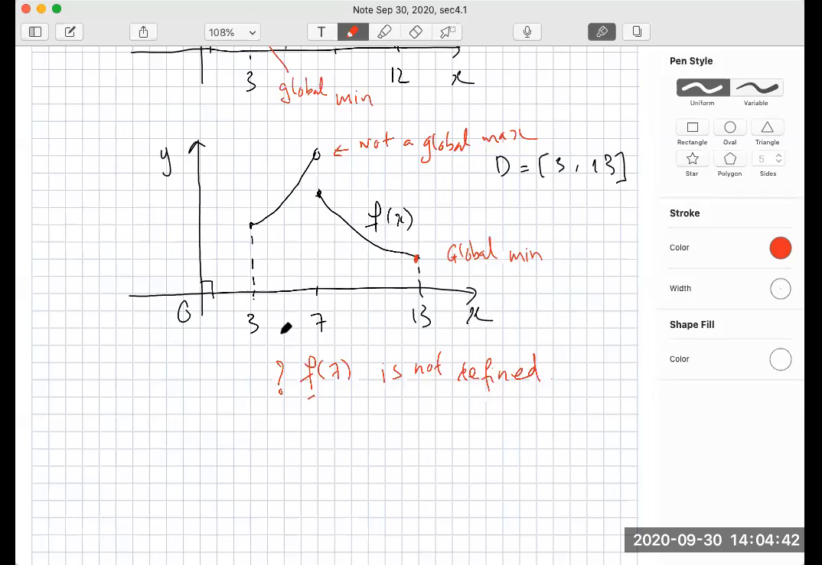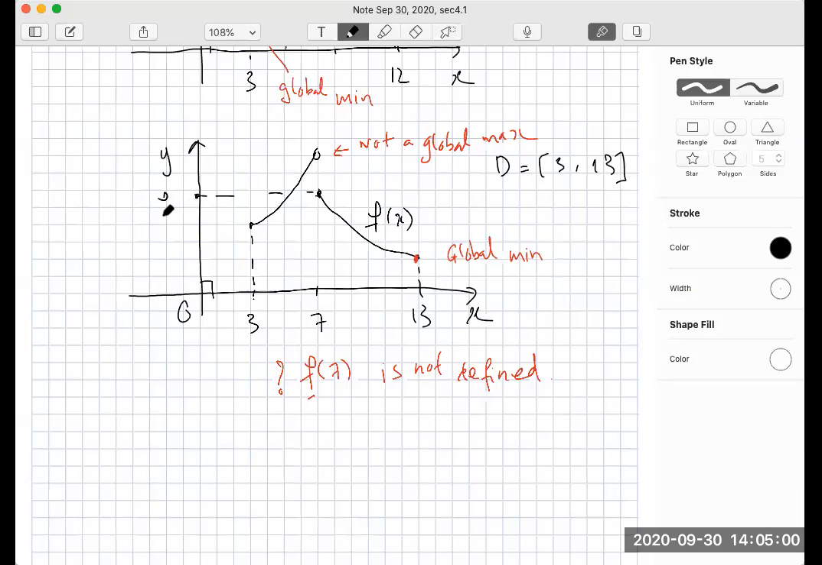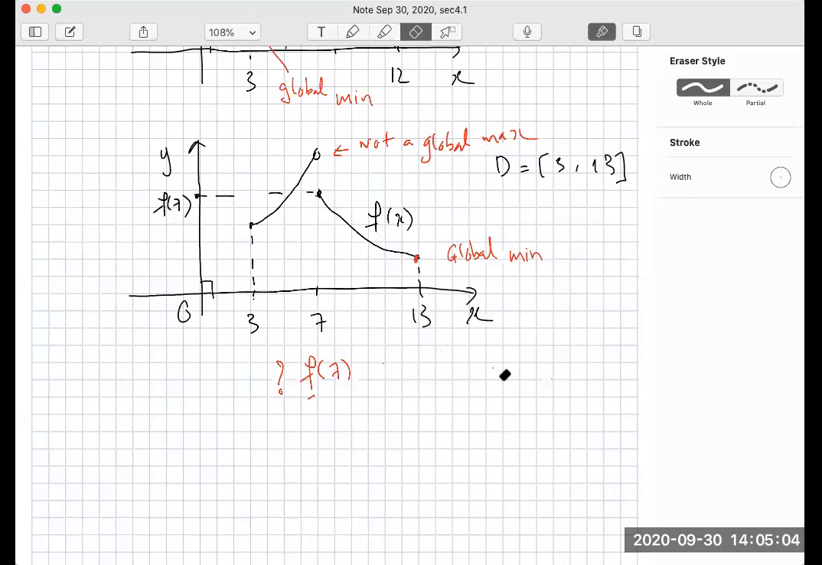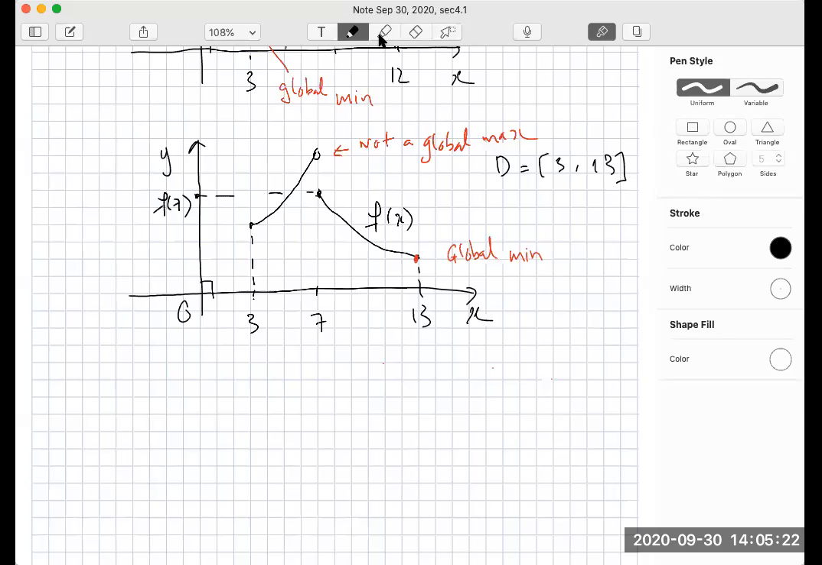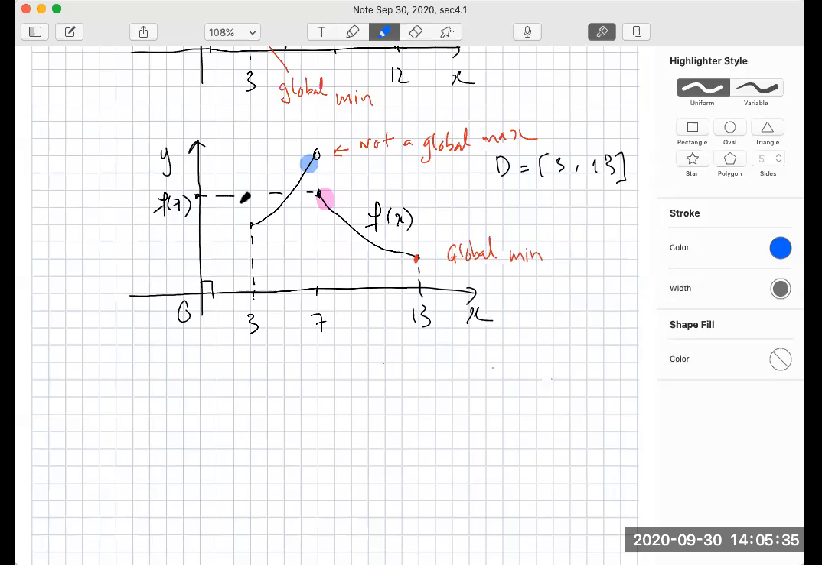And in this example, I'm sorry, f at 7 is defined right here. It is at this point. Sorry about this. It is defined, right? But for any value of x which is greater than 7, f will be around this area, right? For any value which is smaller than 7, f of that will be here on the left, right? So it means that f of 7 sometimes is larger than something and smaller than something. So it is not a